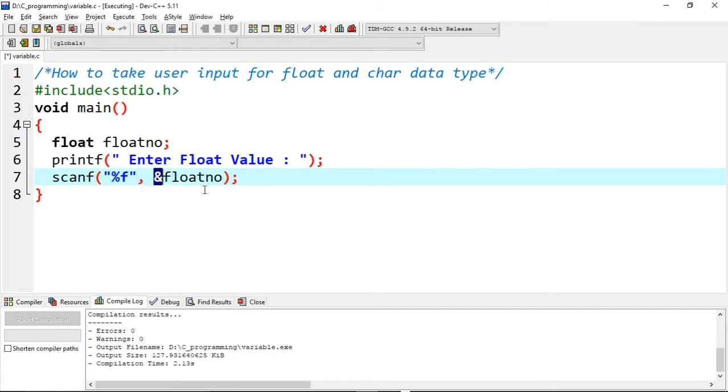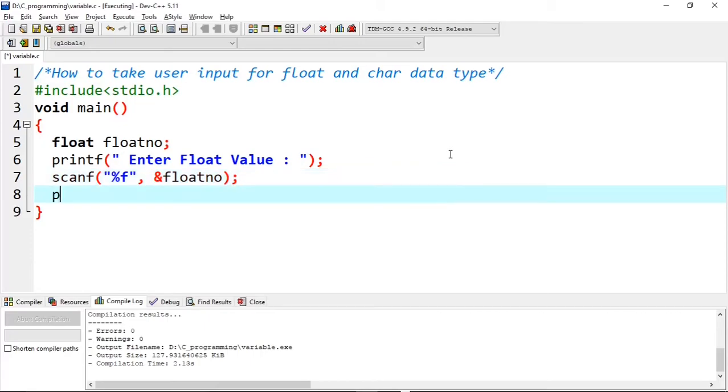Every time you write a scanf statement, you have to write the ampersand operator. If you don't write it, it will give an error or it will take a garbage value. This is the address operator, which symbolizes the address of that particular memory location. This is how we should take the floating input.